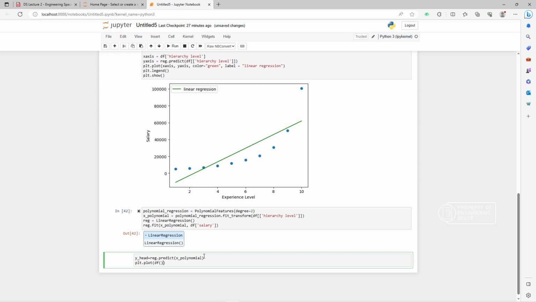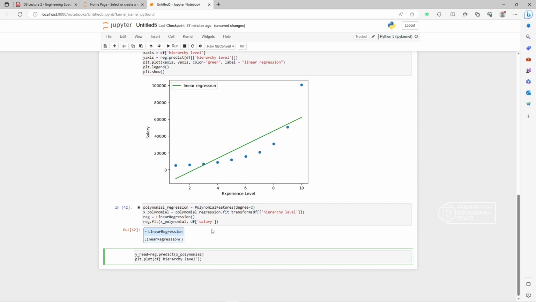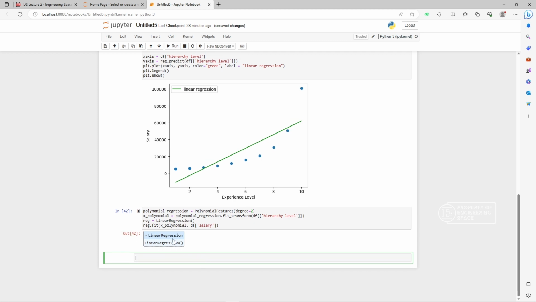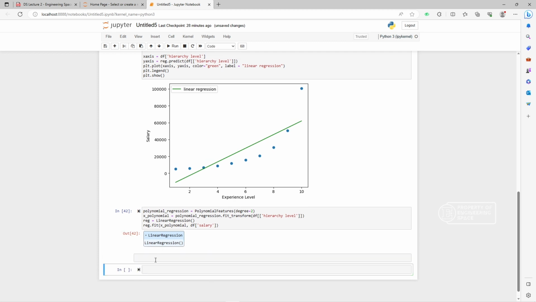Sorry, it should become the hierarchy level. Like this one,